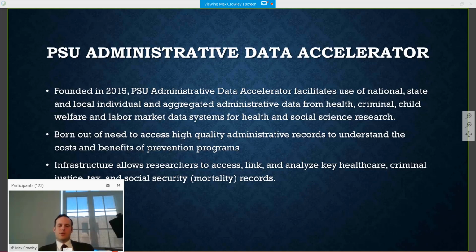So this infrastructure in particular allows researchers to access, link, and analyze key data. We particularly have worked hard to support the secure access, but not only that, thinking about the ethical ramifications of accessing these data, particularly for economic evaluations. Economic evaluations, when they're used for decision-making, can have important ethical ramifications that should be considered, and researchers should be considering them up front, both in terms of impact on trial participants,